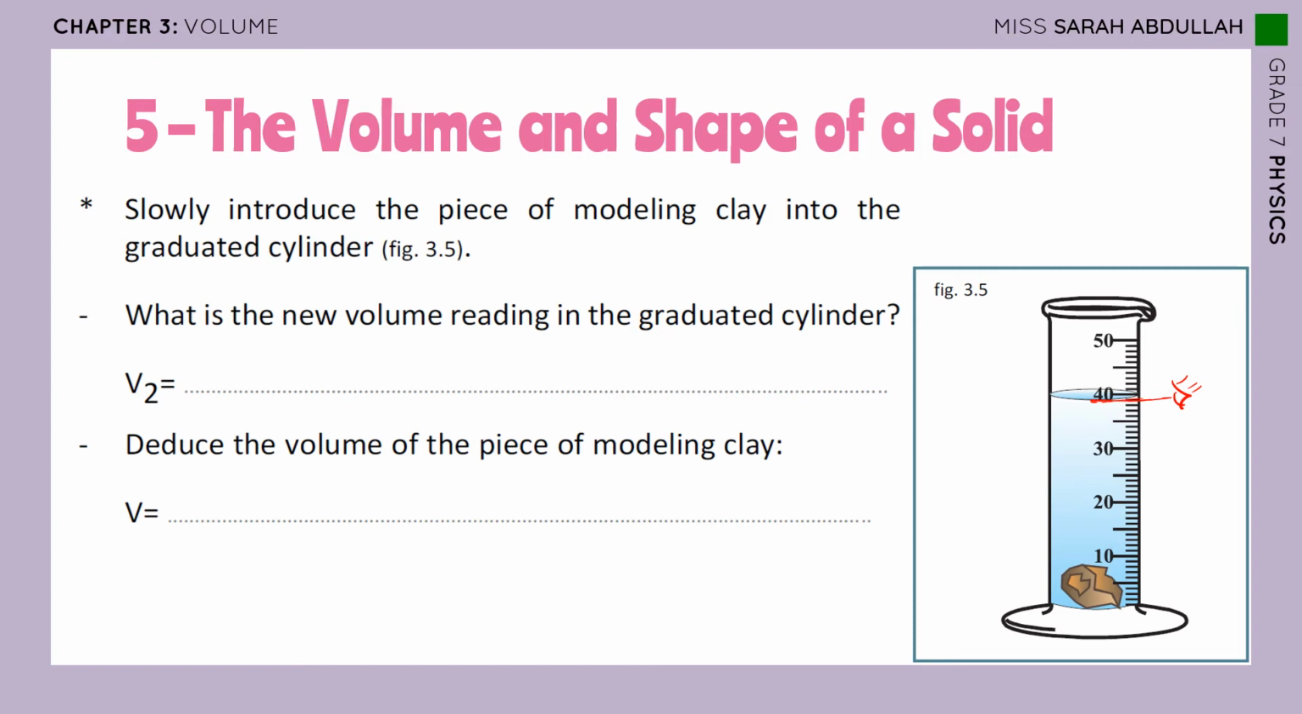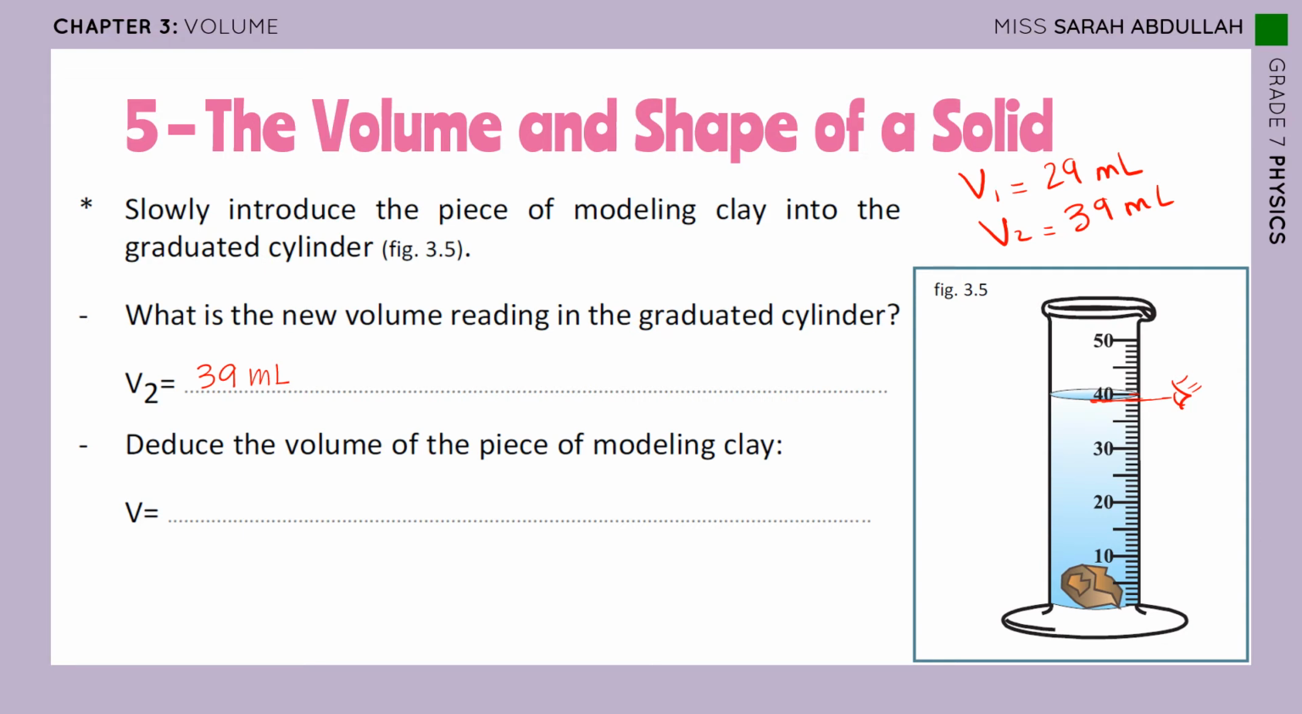So it is 39 because it's not 40, it's one division lower. So it's 39 milliliters. And now they say, deduce the volume of the piece of the modeling clay. So if V1, which is the volume of water, was 29 milliliters, and V2, which is the volume of the water and the modeling clay, is 39 milliliters,